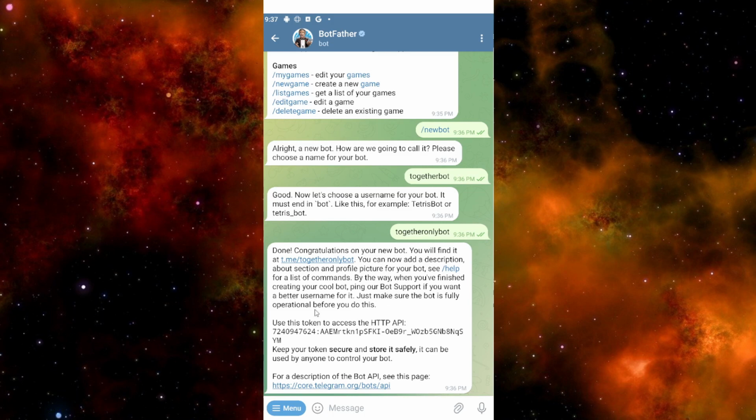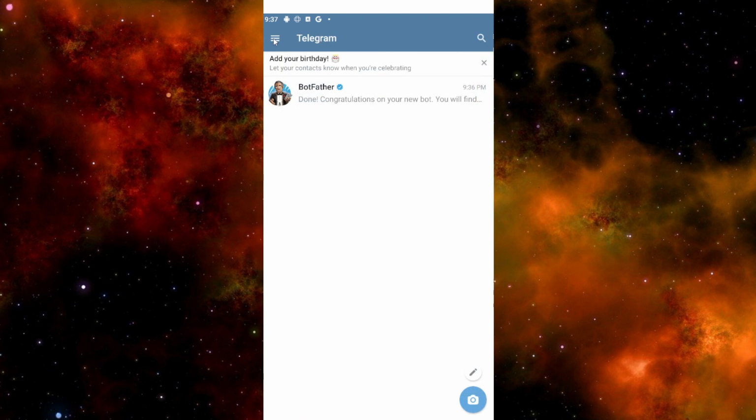So the next thing that we need to do is to copy this token so that we can access the HTTP API. So just click this link right here, or you can copy it right there, and then make sure that your token is secure and store it safely, because anyone can use that token, and if they have access to it, they can control your bot. So just make sure that you keep it safe,